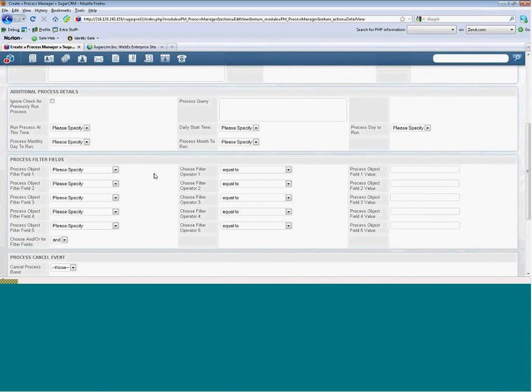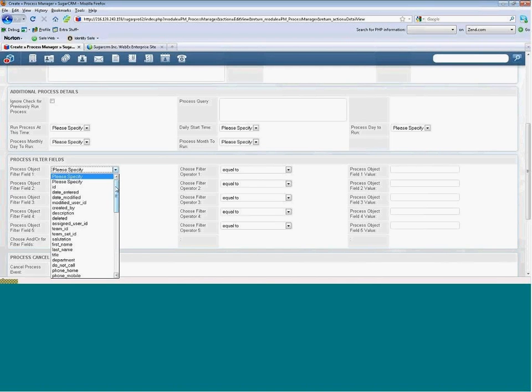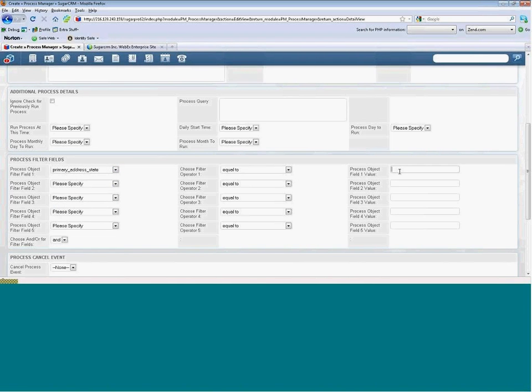The second panel we now look at is the ability to put in filter fields. Process Manager Pro allows you to set up to 5 filter fields by choosing any field from the lead object. So this might be a scenario where you would like to have this process triggered for all leads in which the primary address state is equal to, and you could put in here potentially California. Now, what's really neat about Process Manager Pro is all the different types of filter operators we allow you to set. So you can put in an operator equal, not equal, less than, greater than, a value contains, any change,